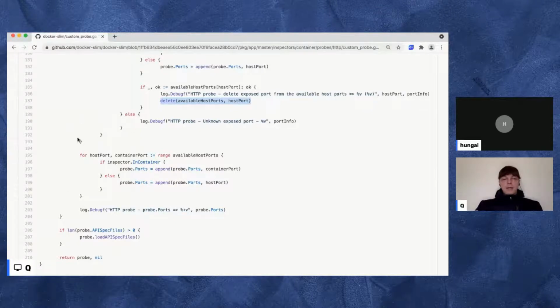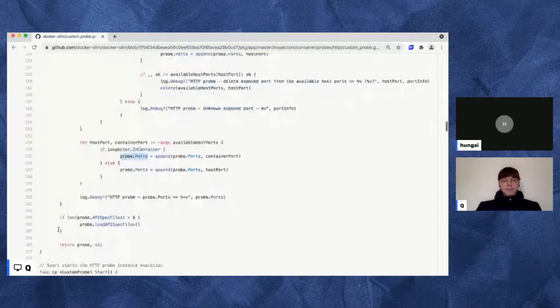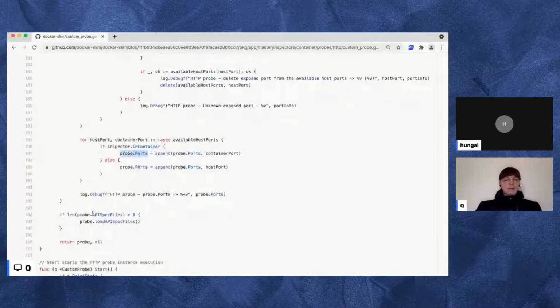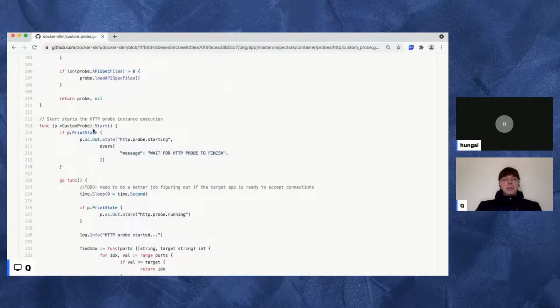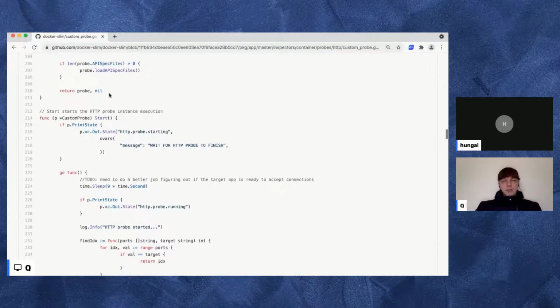After all of that, we end up with the final list of ports that we want to probe, and we save it in this ports probe structure. And if there are any API spec files, we'll load those. When the probe runs, when the start method is executed,